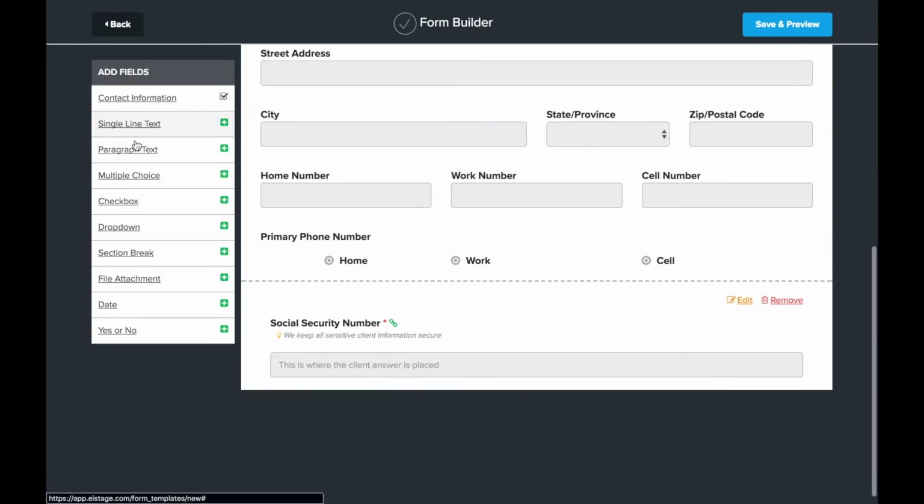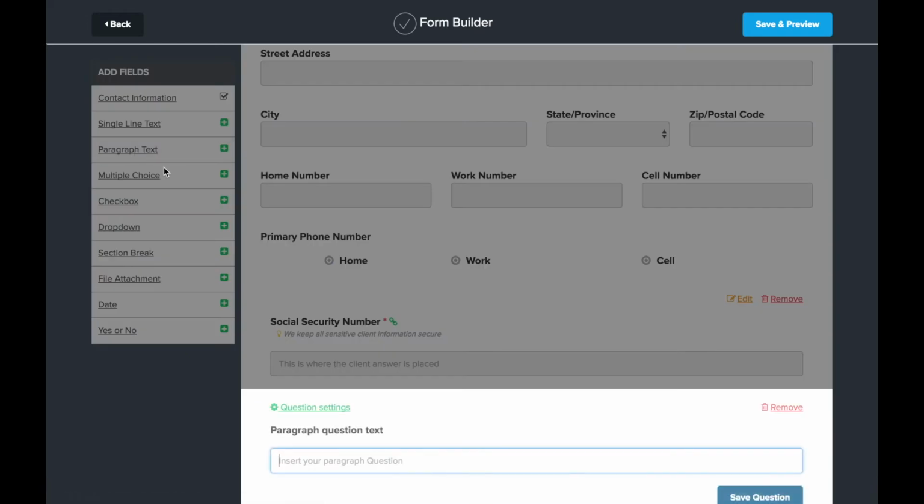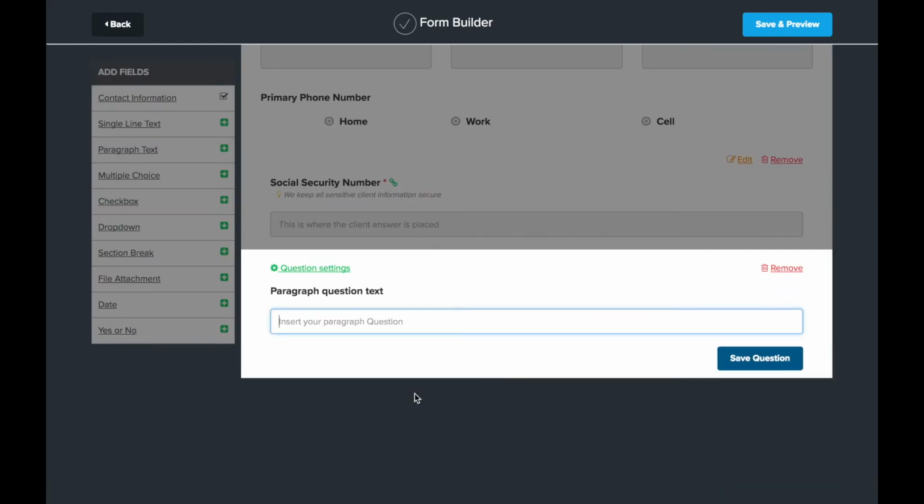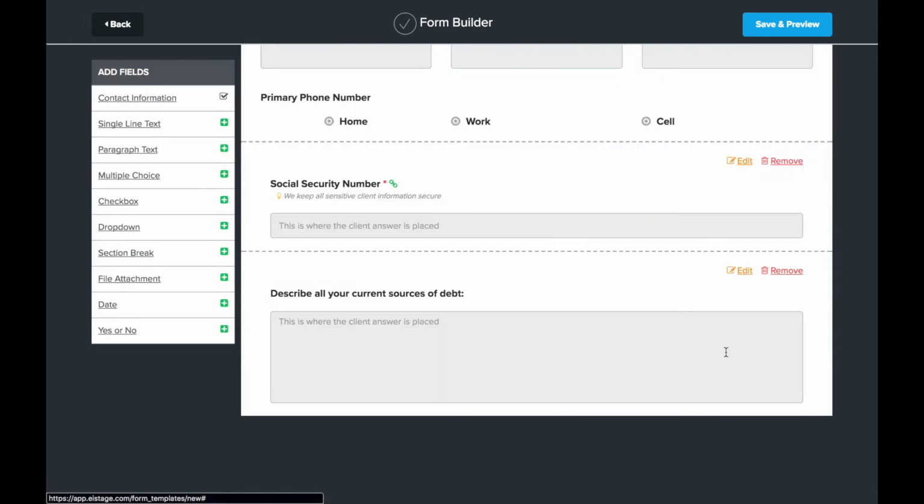So next question type is paragraph text. These work almost exactly the same as single line text. The difference is it gives the person a larger text box to type into when they're filling out the form. So maybe we can say, since this is bankruptcy, we'll just say describe all your current sources of debt. Save question, and you'll notice it gives them this larger text area so they can type in a longer, more